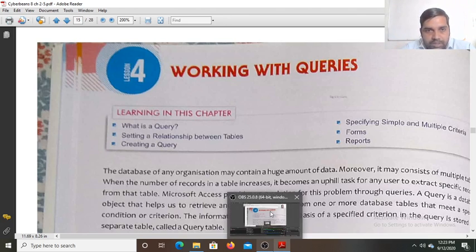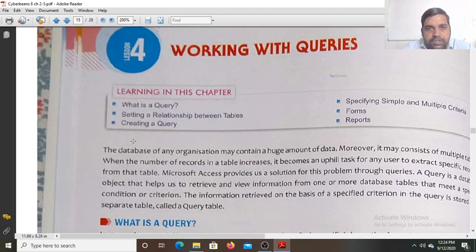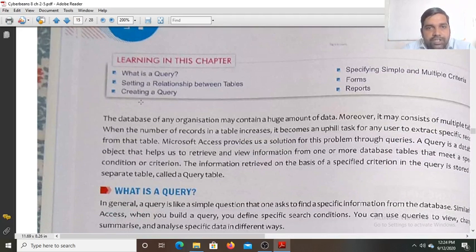Now in this chapter we are going to learn what a query is, and setting a relationship between tables, and how we establish the relationship between more than one table, between two tables or three tables, and how we create a query.